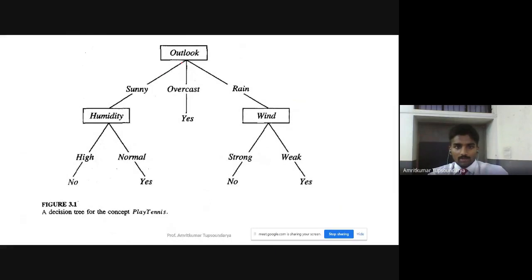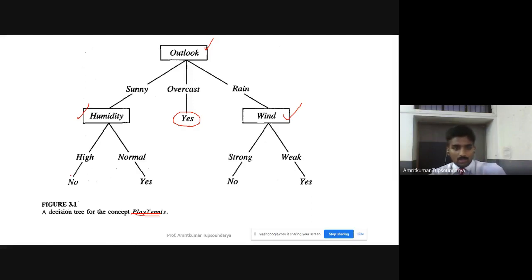And ultimately, when you compute the information gain and entropy for all the other attributes, you can clearly see that this is the final tree that we will be able to get for our play tennis problem, right? So attribute outlook is the best classifier, then humidity, and then again the wind. So that depends on the conditions and the training examples that we have. And as I said, when we encounter overcast for the attribute outlook, then we are simply going to play the tennis without further classification.